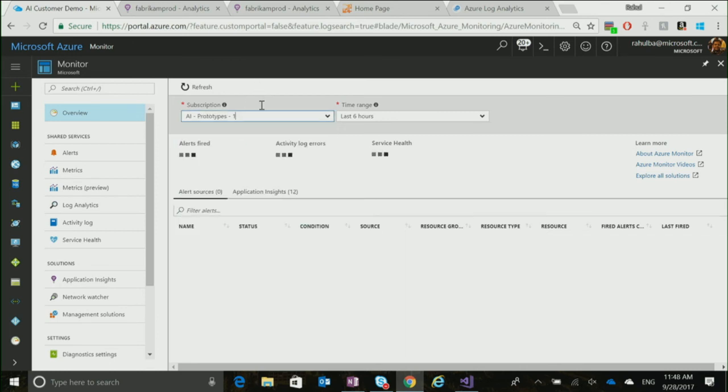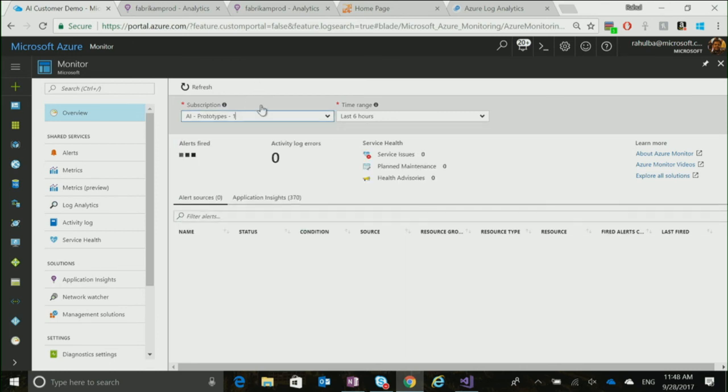So if I select my subscription, where my app and infra are both running, on this one single page, I can see all the alerts that had been fired. So it just takes a few seconds to load. Okay, it's taking its own sweet time, but essentially you will be getting all the alerts that you are capturing